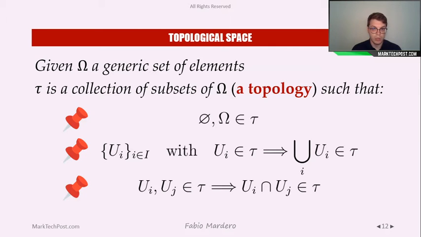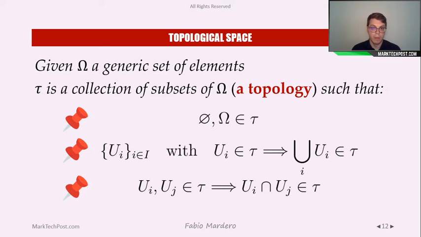So, talking about topology, what is a topology? Let's say we are approaching this subject using the more generic approach. So let's take a generic set of elements. Could be fruits, apples, oranges, and so on, or could be numbers. Doesn't matter. We take this space omega, and we define a topology tau, which is a collection of subsets of omega, such that the elements of tau, those subsets,